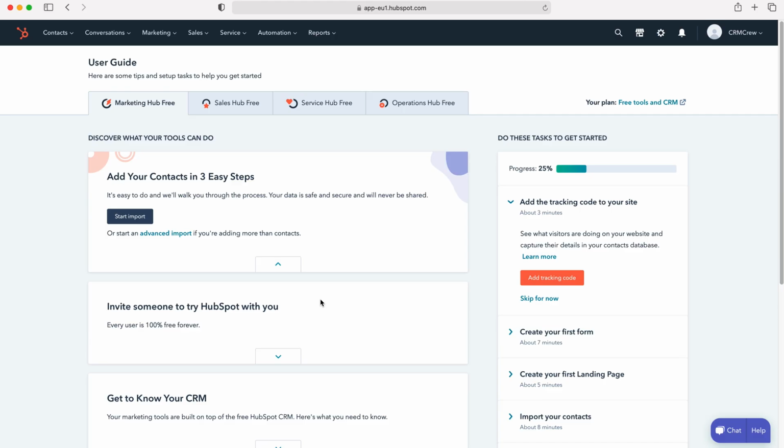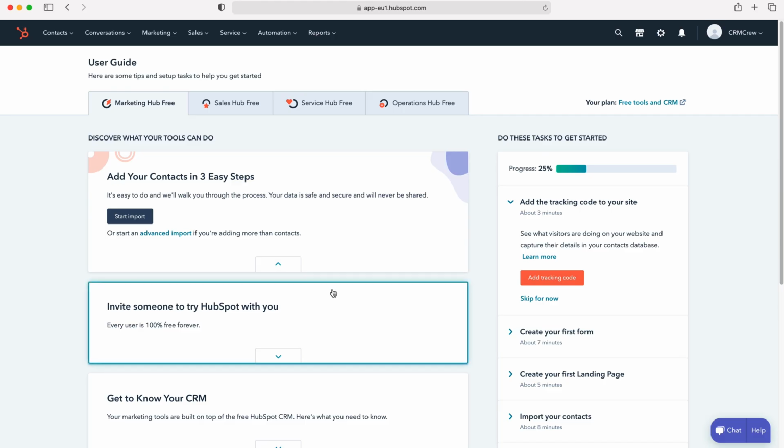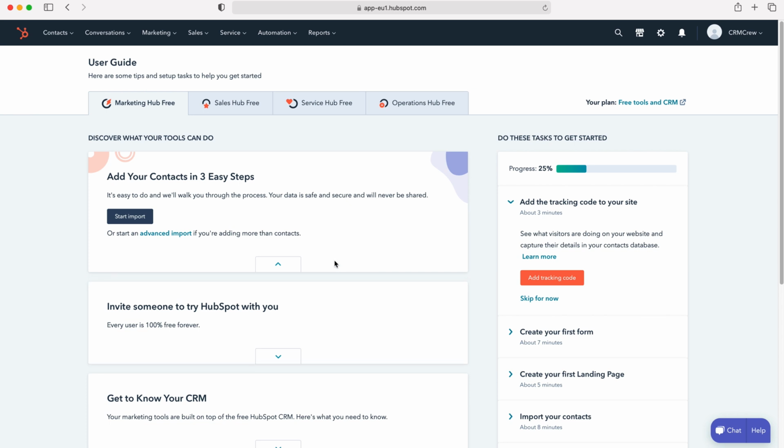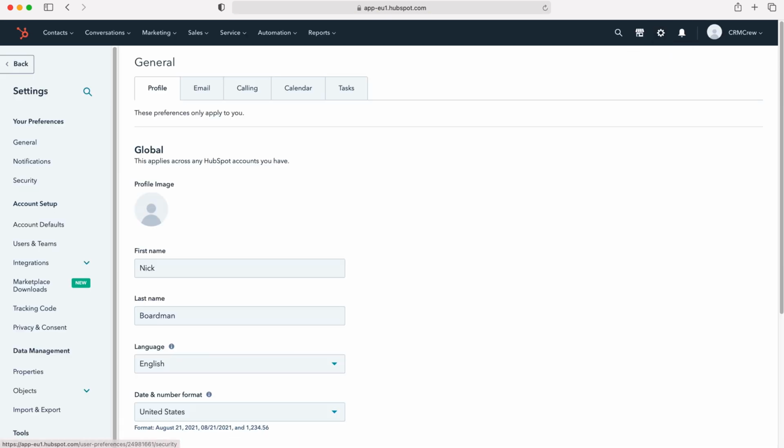add users to your HubSpot CRM system. So once you log into HubSpot, of course you'll come to the home screen. Now in order to add a user you need to go to the cog in the top right hand corner, but do ensure you have administrative permissions. So we'll press the cog, then from here we want to go to account setup and then to users and